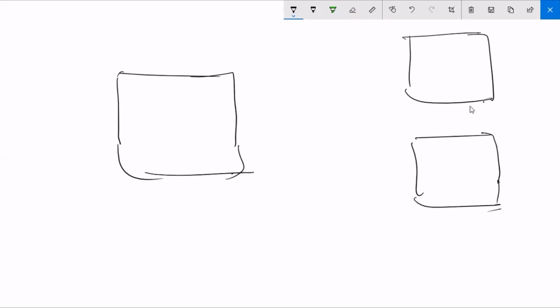So the communication happens. This is the server. This is node 1, node 2. Communication happens.